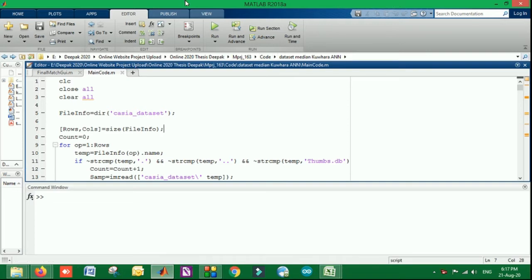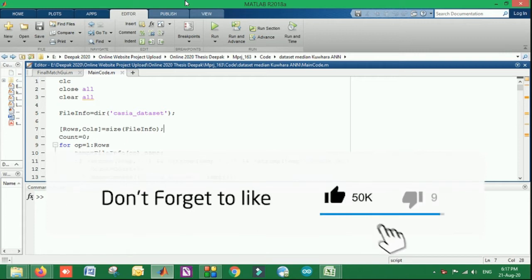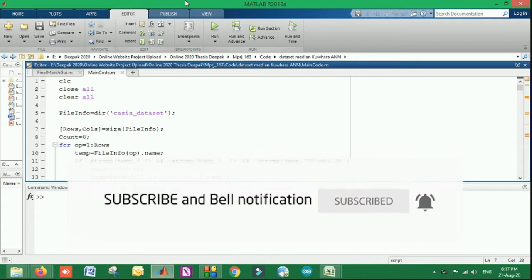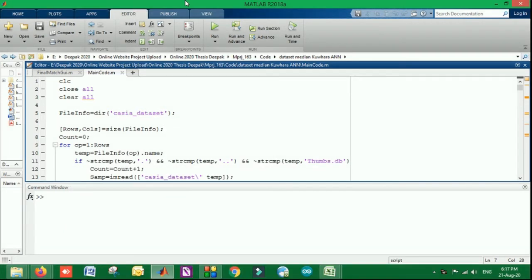Here what we have implemented is an iris recognition system, in which an artificial neural network is used, not CNNs or DNNs, but the artificial neural network, which is the initial phase of the neural network under machine learning. So it is very important to understand the difference between machine learning and deep learning.